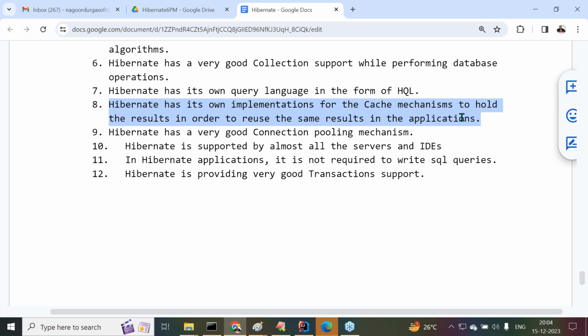Hibernate has its own cache mechanism implementations to reuse the results of executing SQL queries, the results of performing database operations frequently. Which operations do we want to perform frequently? The database operations. Their respective results are maintained in the cache memory. Those results we are going to reuse whenever we require the same kind of results in our Hibernate applications. That is one point I'm telling you. Next one is